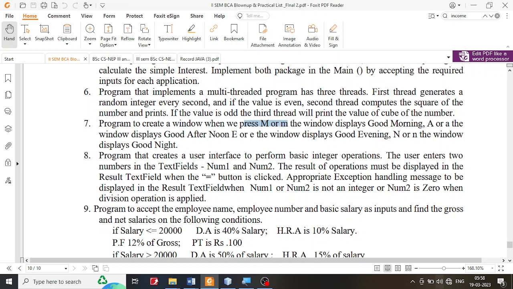capital M or small m, is pressed, then we are supposed to give the output as good morning. And if A, capital A or small a, is pressed, then we are supposed to give the output as good afternoon. And if capital E or small case e is pressed, then we are supposed to give the message as good evening. And if capital N or small n is pressed, then we are supposed to give the message as